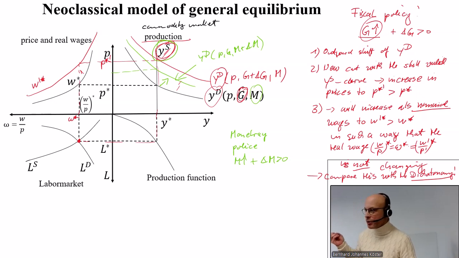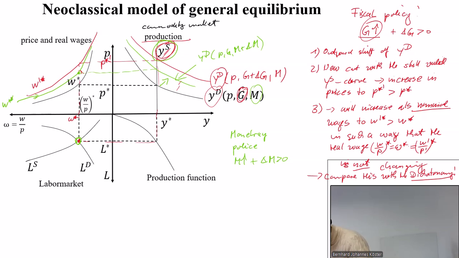Our production possibilities haven't changed. So this labor market equilibrium doesn't change. But again, we have here this new cut, and also we obtain a new outward shift, and this is then represented,